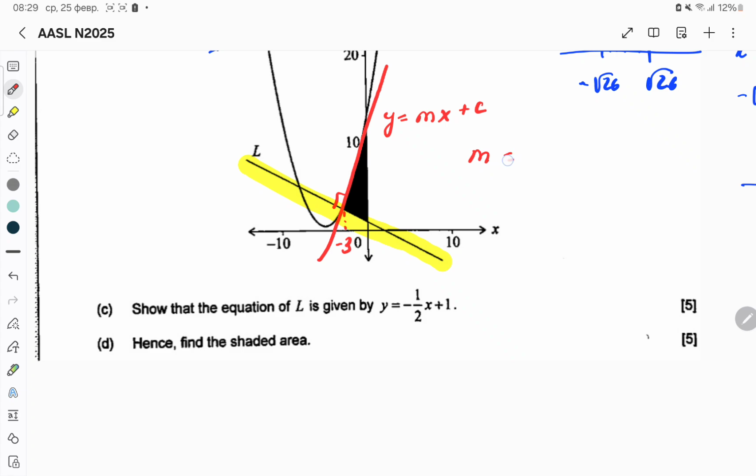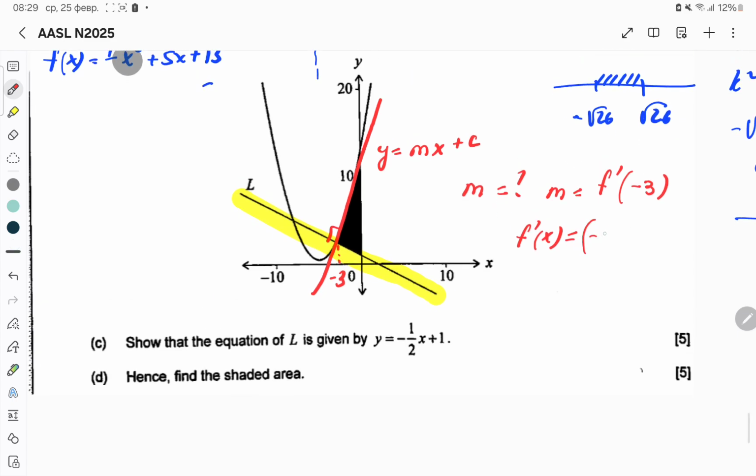Okay, how to find the gradient? What will be the m value, the value of the tangent? We know that m is equal to the derivative of f at the point negative 3. So we should find the first derivative. The derivative of our function, 1/2 x squared plus 5x plus 13, is